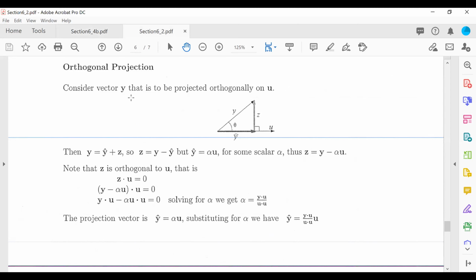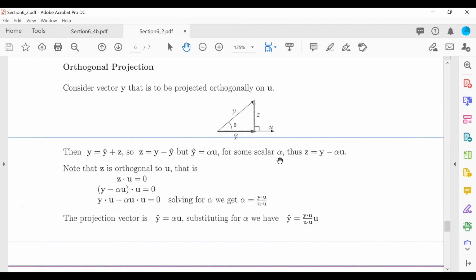So if we consider vector y to be projected orthogonally on vector u, so this is my vector y, and it's straight lines sliding down. This is my projection, we used to call it y hat. That vector is projected on vector u. Because they both lie in the same direction, the projection is a scalar multiple of vector u, and that scalar is calculated this way using the dot product. So the projection is the vector that we're projecting, dot product with u, divided by u dot u, this is the scalar,